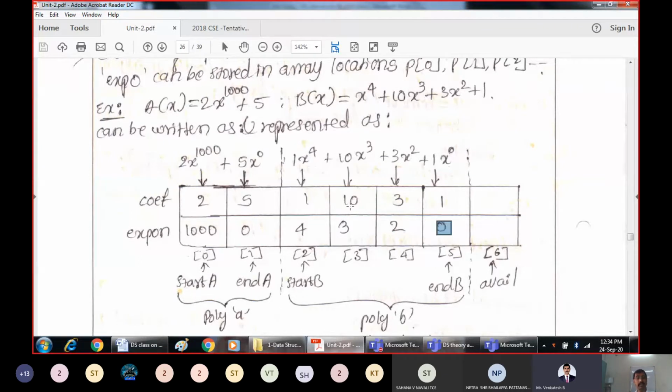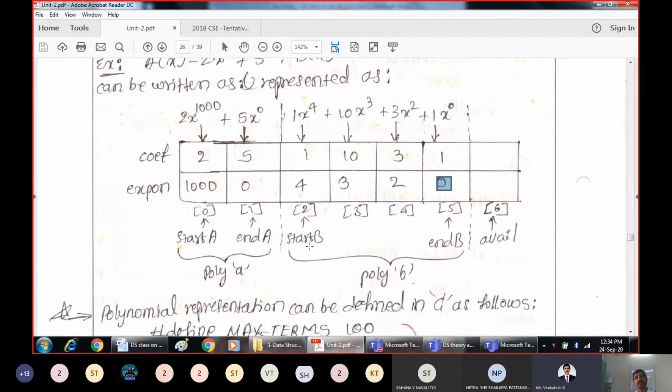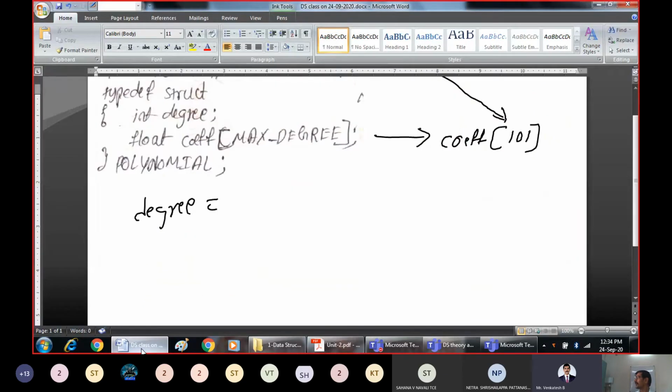To identify the beginning and end of the second polynomial, we are using these 2 pointers, start of B to identify the beginning and end of B to identify the end of the second polynomial. This helps us identify the locations of the polynomials. So those 2 polynomials are successfully represented by using an array of structures.